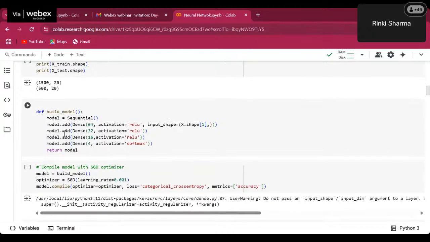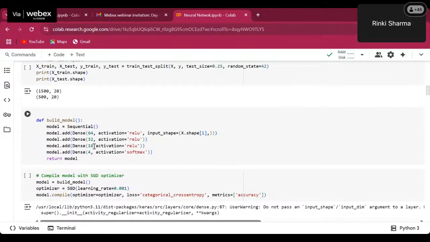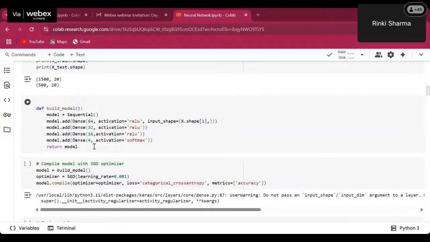So again add a second layer, which has 32 dense neurons and activation ReLU. Again add a third layer, which is again ReLU function and 16 neurons. So we have 4 classes. So we have to,